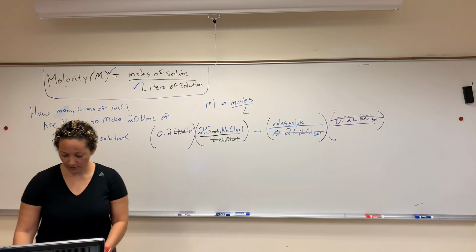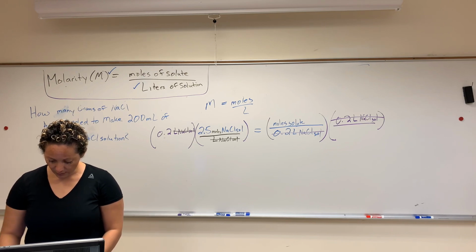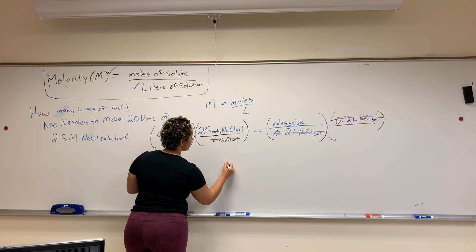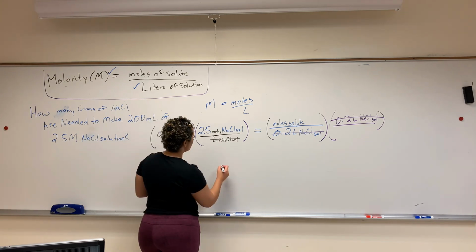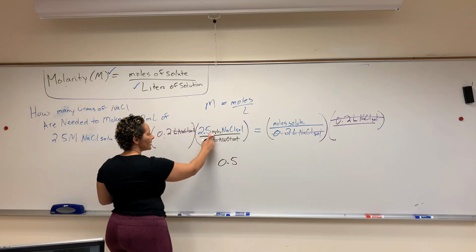It's 0.2 times 2.5, which equals 0.5. Making sure I got my zeros right. I don't have anybody here to correct me. The label is moles